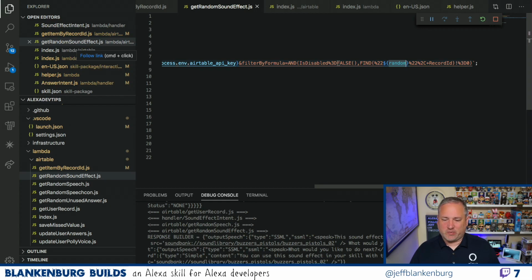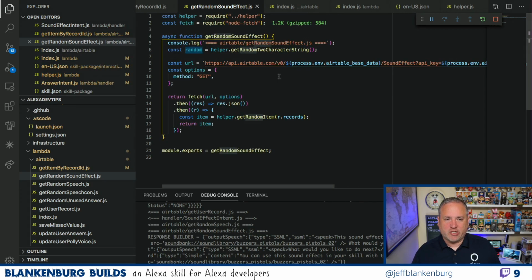I don't know that it's the best way, and I haven't evaluated processing speed to make 2 calls versus making 1 call, but this is 1 call. It gets me down to 10 or so records, and I ran through a lot of them, so I feel pretty confident that they're all going to match something. But this kind of solves that problem for me. It allows me to get a much smaller subset of data just by bringing back those 10 records, and then I call my get random item, which plucks one of them right out of that collection.